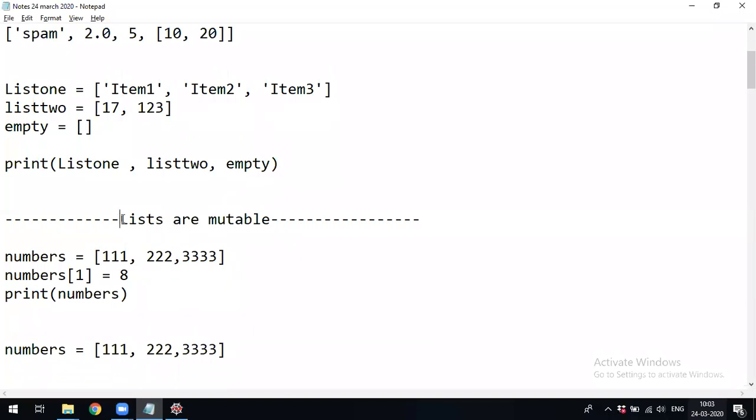See, you have heard the word lists are mutable. The strings are not mutable. Strings are not mutable means if you create a string, example string equals hello, HELLO, in between the third character HEL, if you want to replace L with any other character, you cannot change.